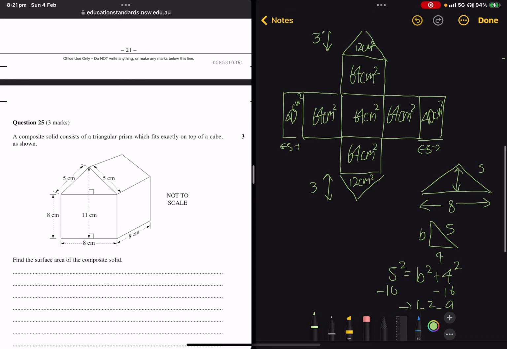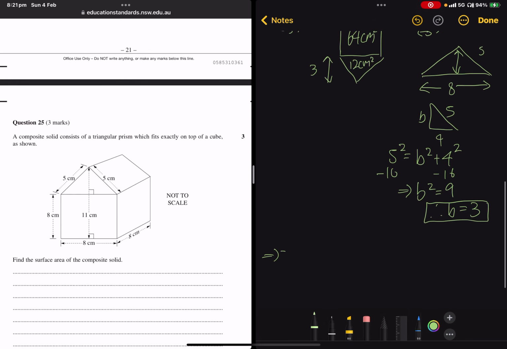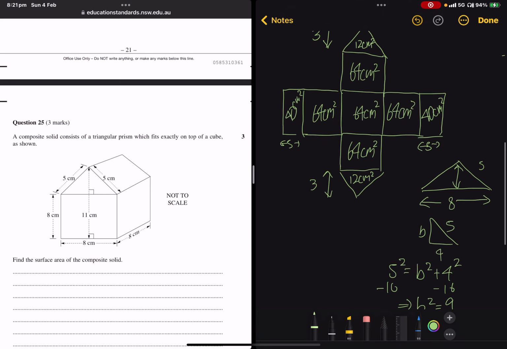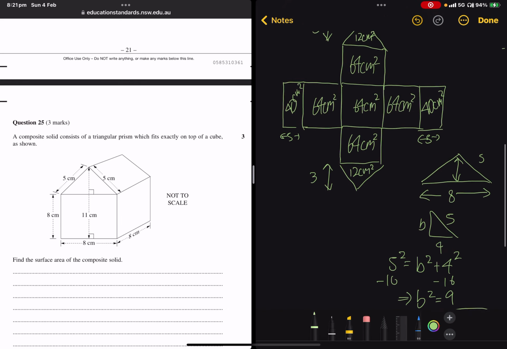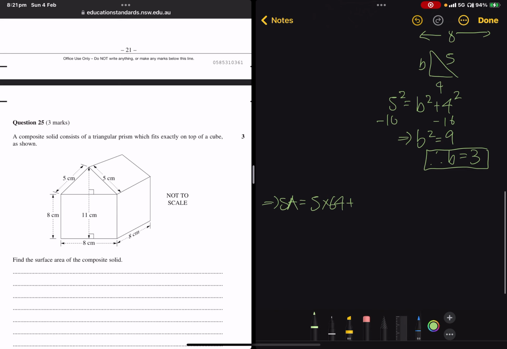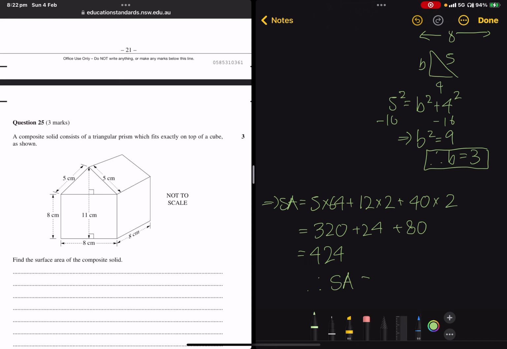And now for the surface area we just need to add this all up. So this implies the surface area is, there's 5 64s, 5 times 64. There are 2 12s and 2 40s, plus 12 times 2 plus 40 times 2. 5 64s, that's 320. 2 12s, that's 24. 2 40s, that's 80. 80 plus 24 is 104. 320 plus 104 is 424. So therefore, the surface area is 424